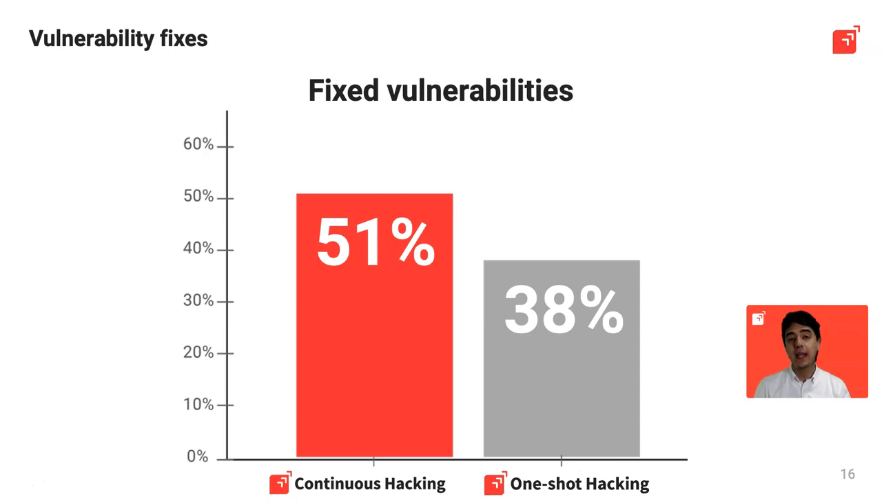In one-shot hacking, the observed fix rate is 38%. However, in these projects, we only track down what is repaired within 90 days. An organization can decide whether to fix a weakness, which is the desired path, or not. Let's take a look at the proportion of vulnerabilities that organizations choose not to fix, that we also call accepted